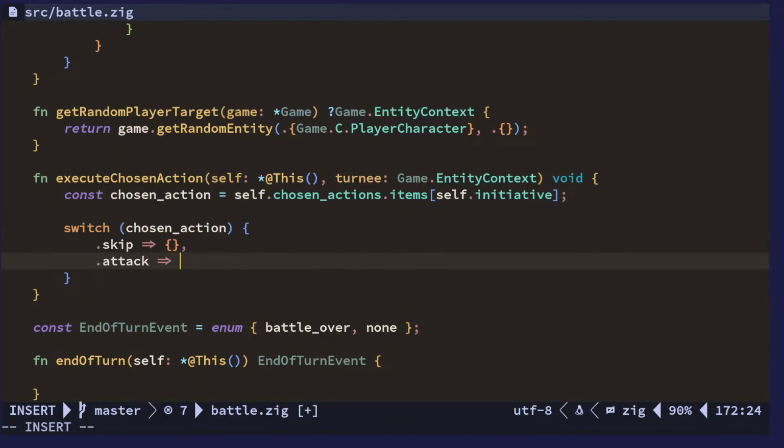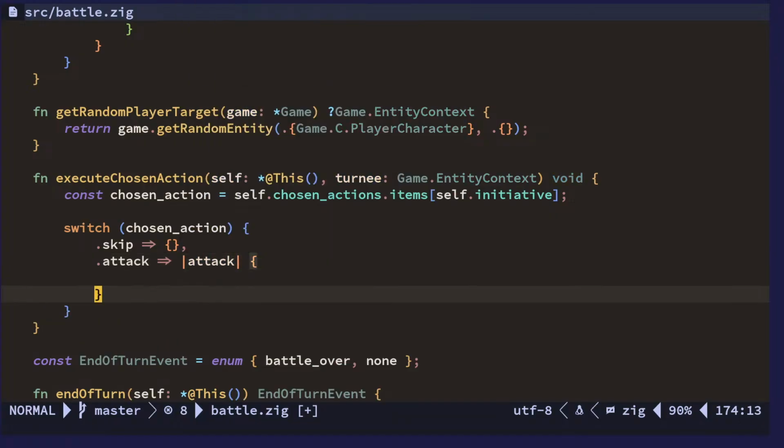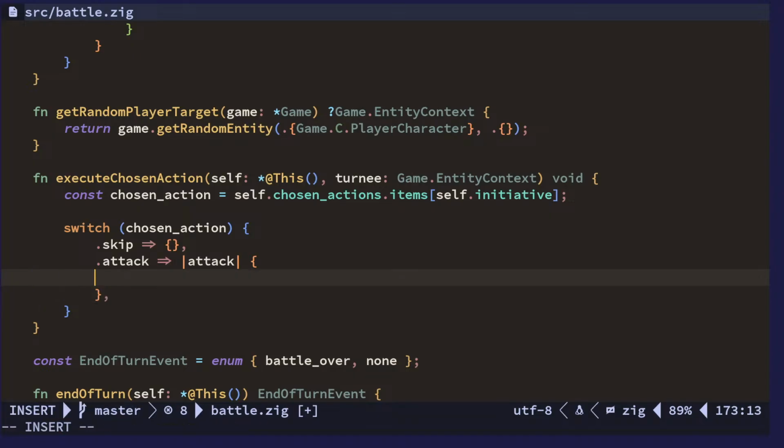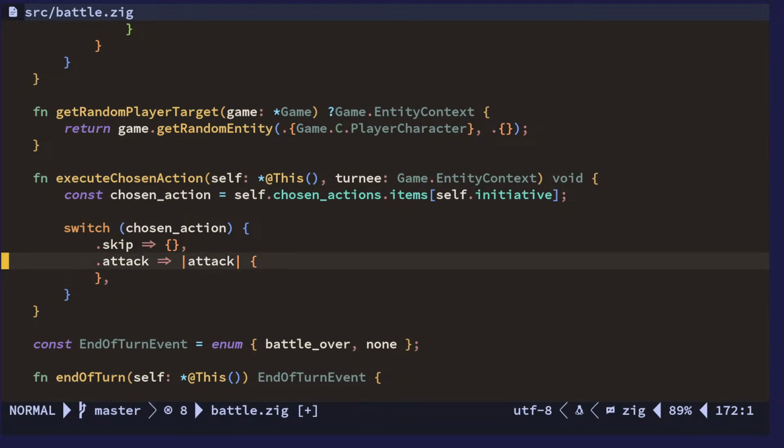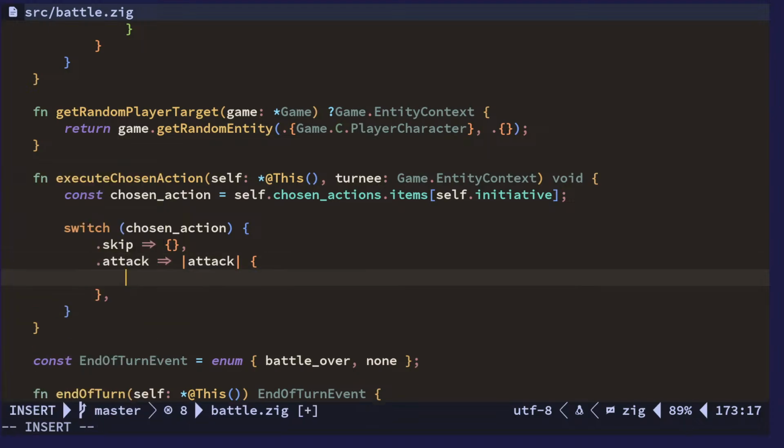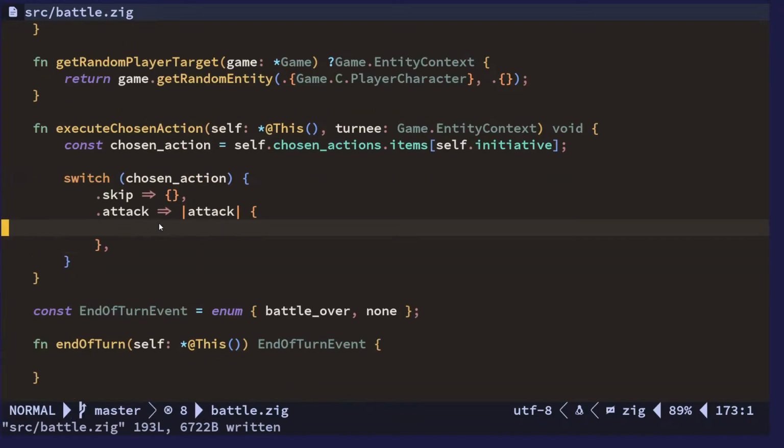If it's attack, we should do something. Probably. And we have an attack target and attack source. Now, there's not really anything to differentiate the attacks, so it's just gonna play out the same for everything. So